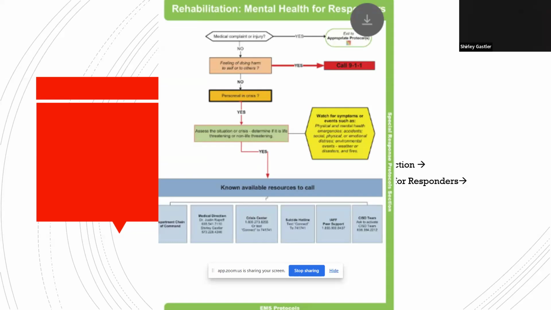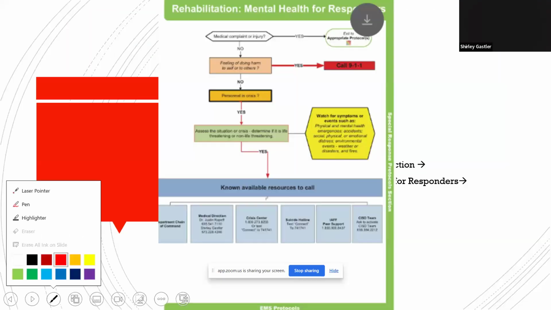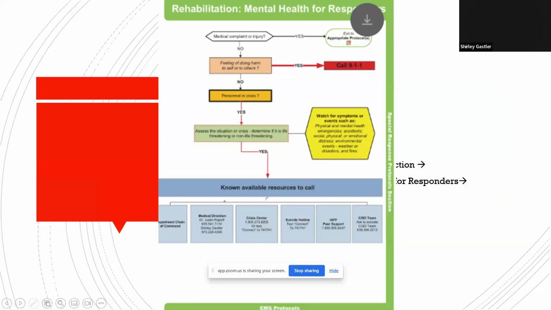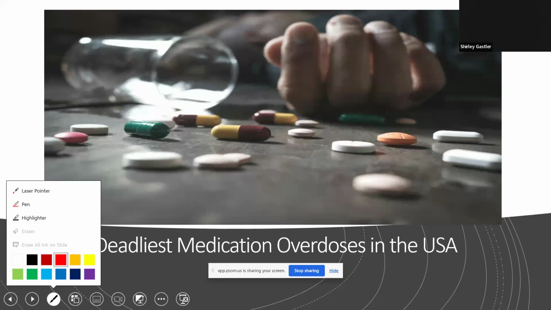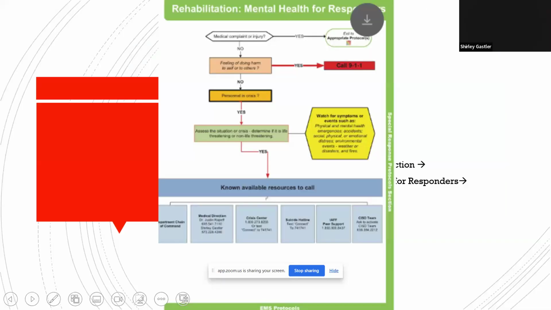I know this protocol is still in the SSM protocols because I still get calls from our former SSM folks. As you can see on the bottom left square here, there's my number and there's Shirley's number.